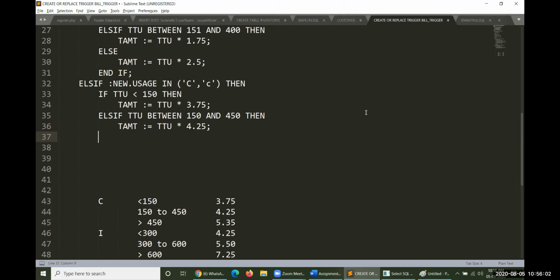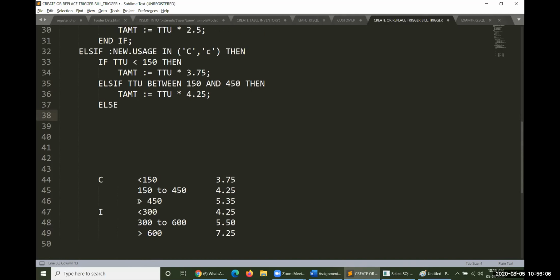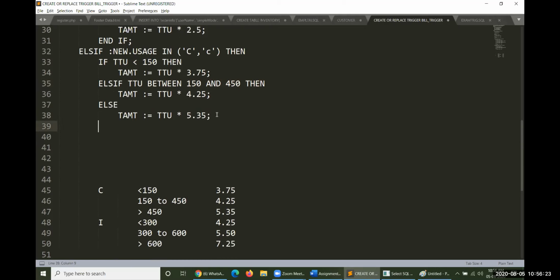Otherwise, if both conditions are false, you may be greater than 450. If it is greater than 450, TAMT will be equal to TTU into 5 rupees 35 paisa. Okay, end if.